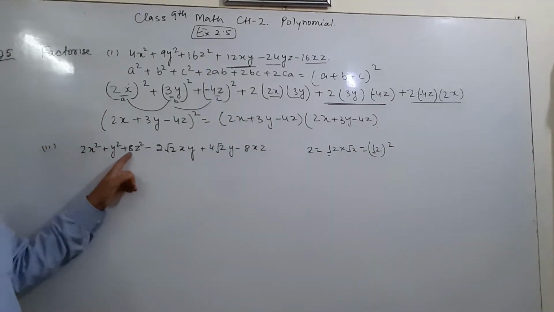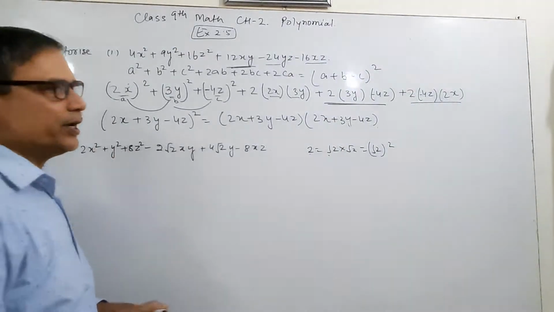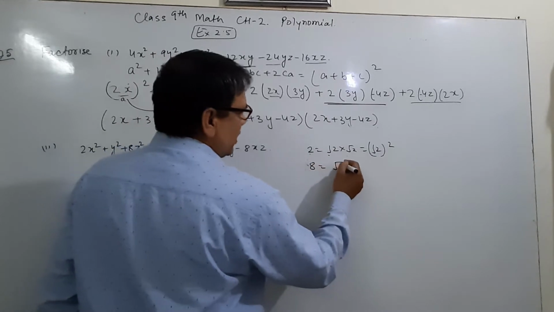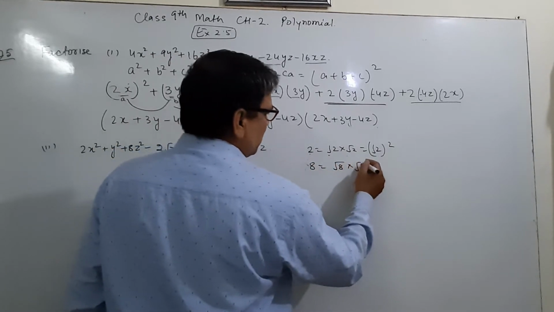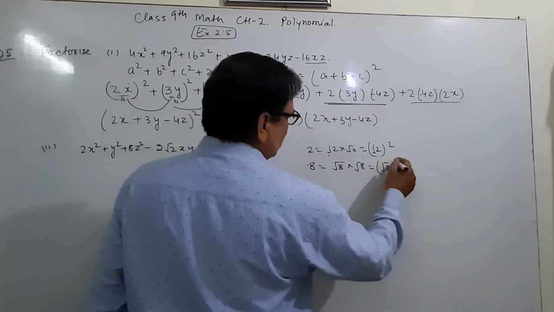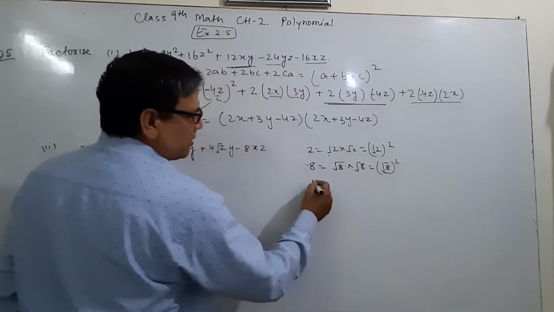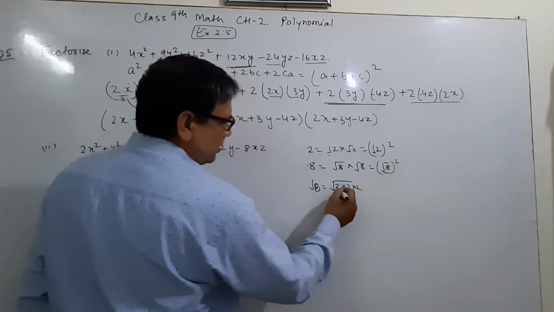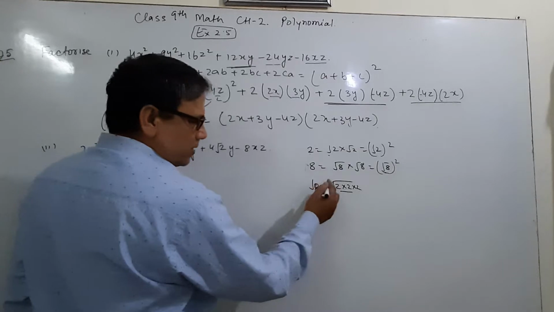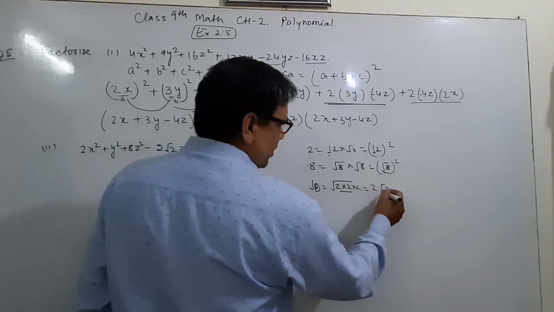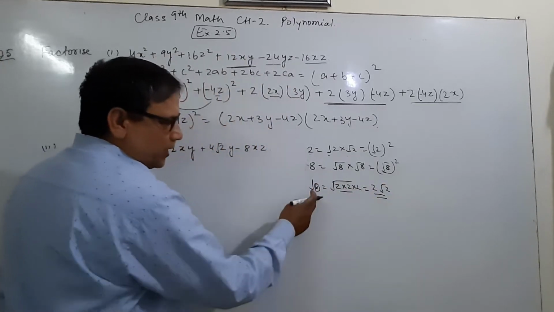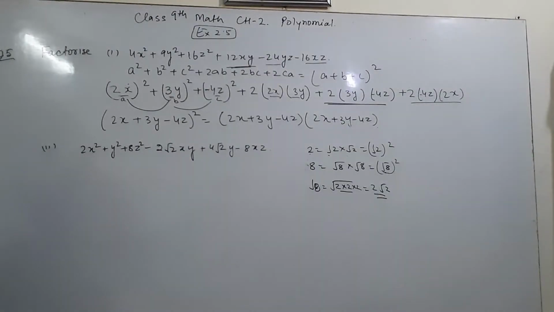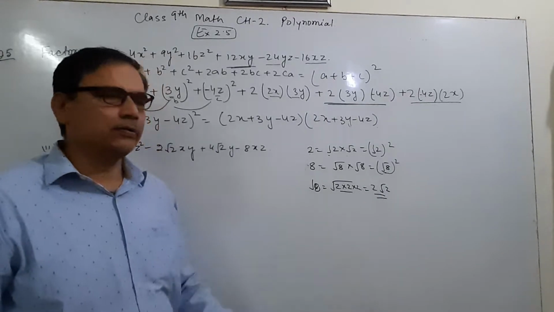Here is no problem. Here is 8. 8 is the square of root 8. Root 8 into root 8 means root 8 square. But root 8 we can write as 2 into 2 into 2. Take one pair outside. And what is left? 2 root 2. Root 8 can be expressed as 2 root 2. 2 root 2 means root 8.